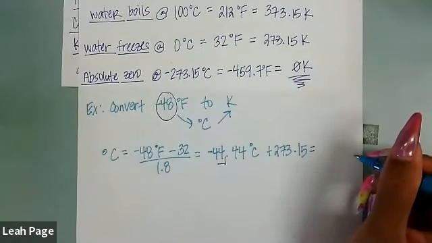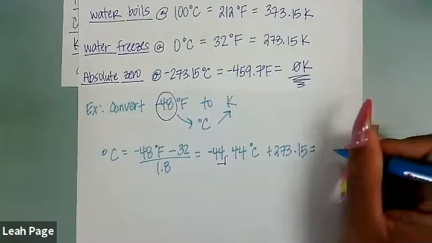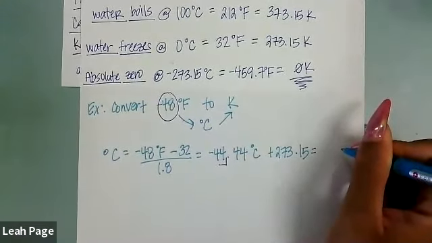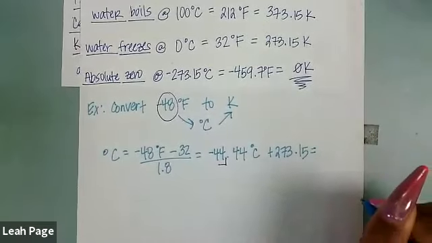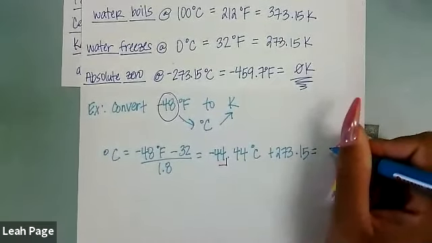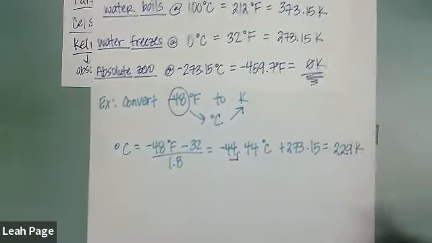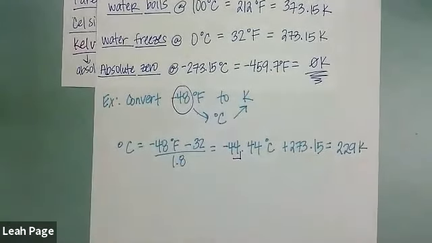And with no decimal places, what do you guys get for your answer? 230. 229. Yeah, I think it's 229, guys. 229 K. I see some of us put it in the chat. You got like 228.71. That's what your calculator says, which is correct. But then we want no decimal places, so we still have to round it up to 229.